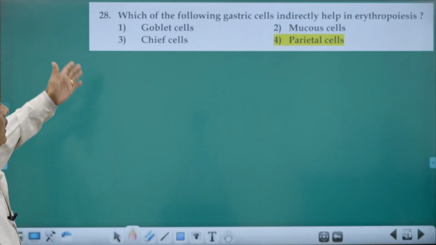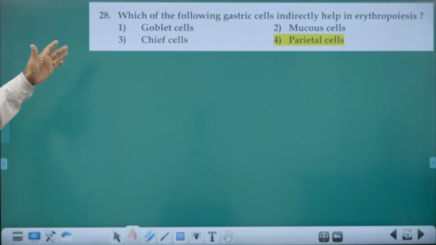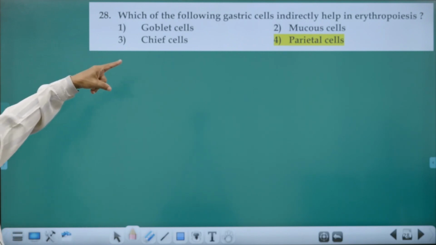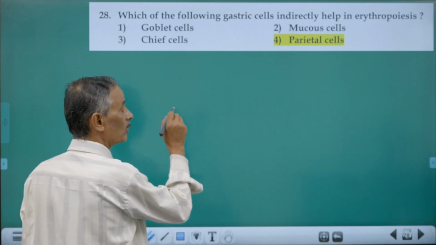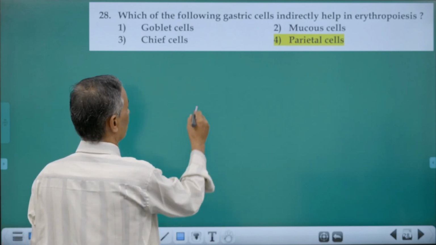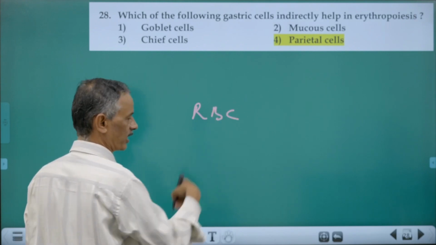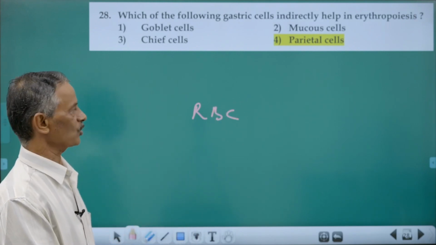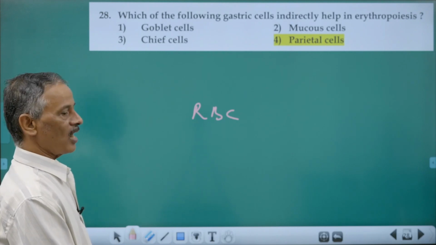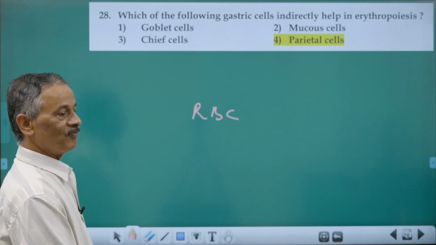Which of the following gastric cells indirectly help in erythropoiesis? What is erythropoiesis? Conversion and production of mature RBC. Formation of mature RBC can be simply called erythropoiesis. Formation and maturation of RBC. They are all under the control of vitamin B12,